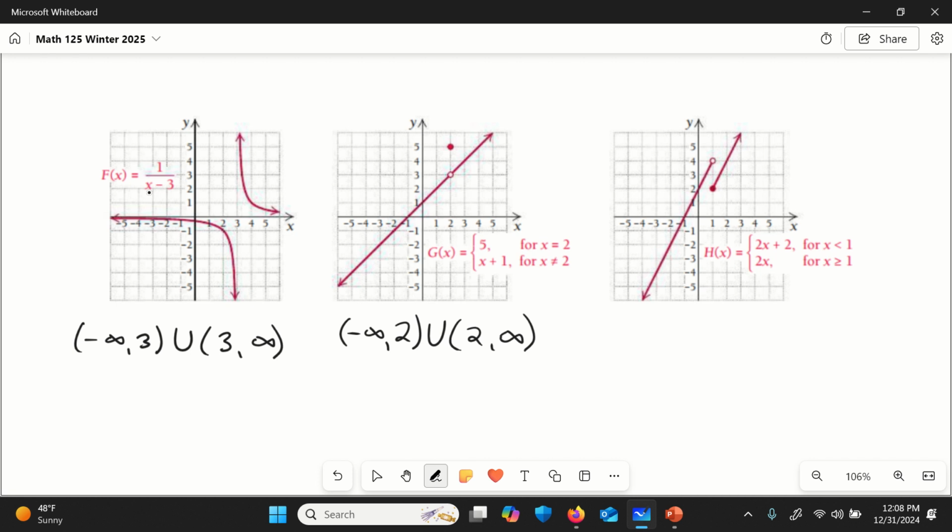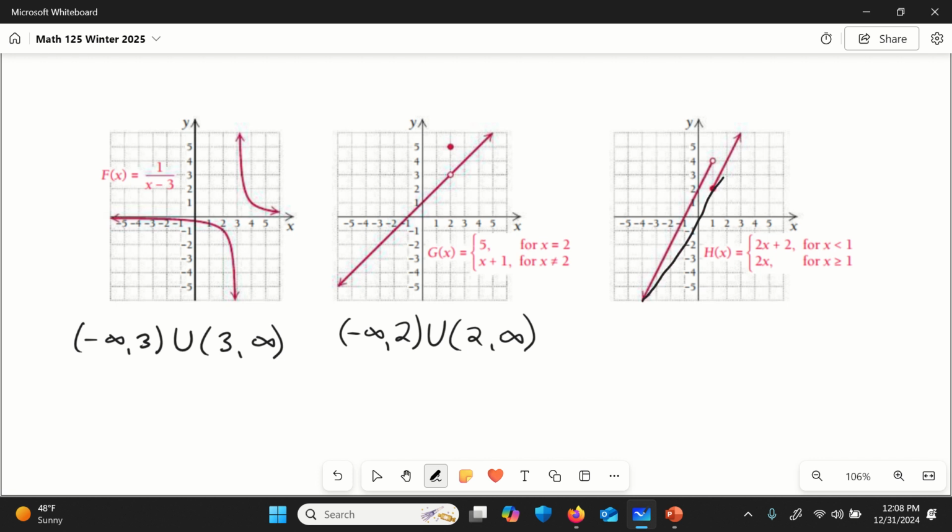The last graph, another piecewise function, shows us one rule that is a linear function to follow until we arrive at the x value 1. We do not include the value 1. If x is 1 or greater, we follow the second line. So this function has a discontinuity when x equals 1. We see that jump. So we would say that the function is continuous for all the other x's because